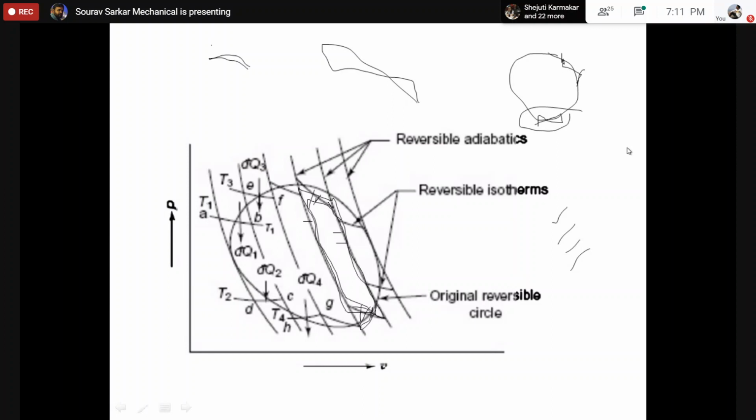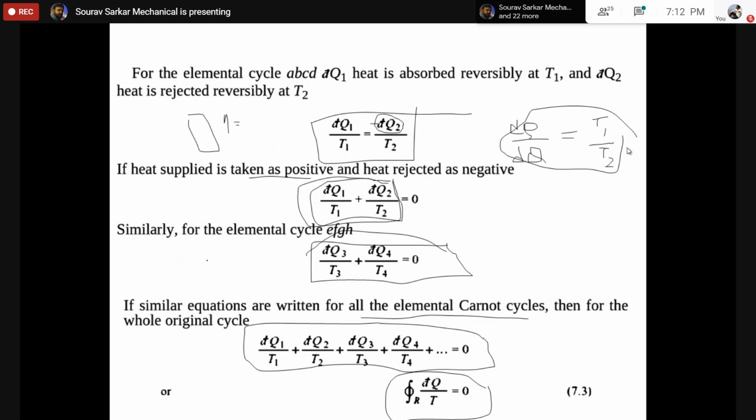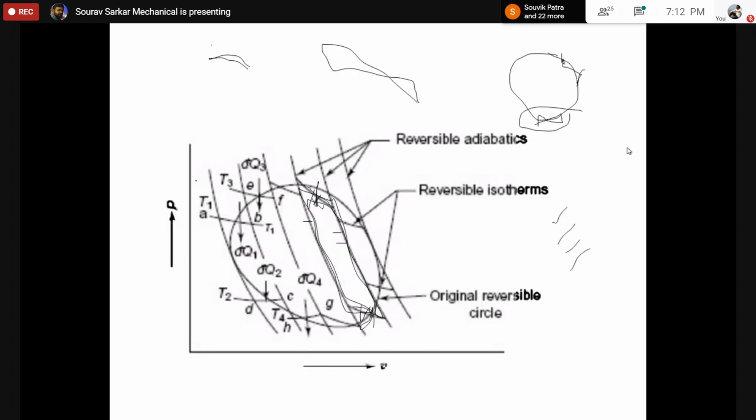Now for the Carnot cycle, you have a heat injection and you have a heat rejection. So your Q in by T1 equals Q2 by T2 is valid there. So I am applying this here for this cycle. Simultaneously, there is one isothermal process and similarly there is one isothermal process. These two will create another Carnot cycle. In this Carnot cycle, there will be heat addition and heat rejection because the other two processes are adiabatic. So in these two other processes, there is no heat transfer. So heat transfer is happening only here and here.